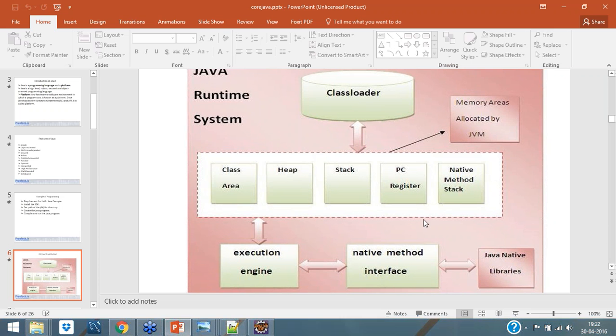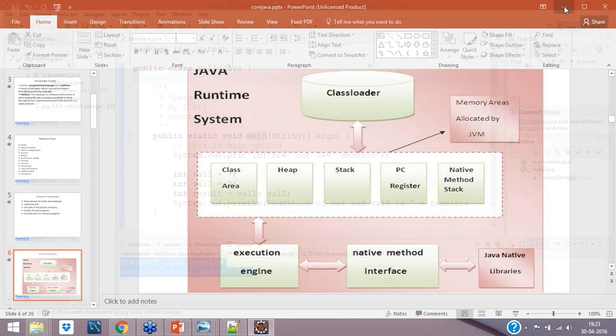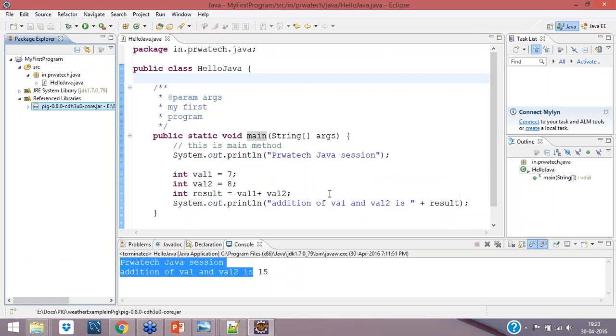Stack means the thread. The thread is getting created, meaning I am calling some pig information here, so I am putting it inside. So native libraries and native information are nothing but external jar files that we are adding into our program.